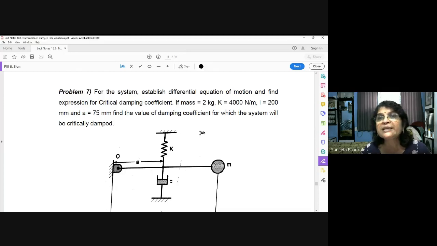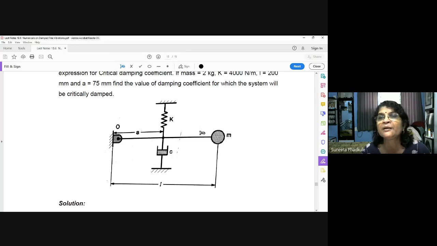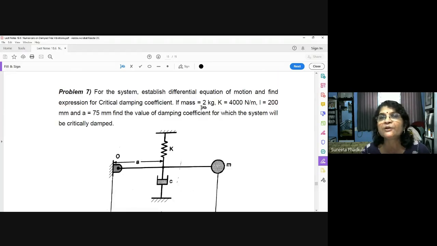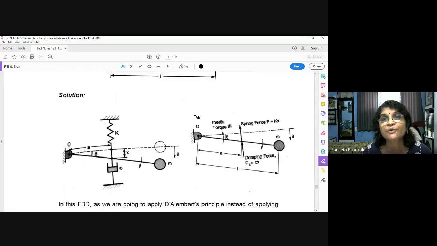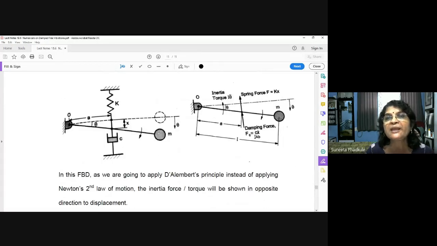Okay, so now see, K is directly given. I also you can find out. But how to find out C? That is our problem. See here, the free body diagram is given. This is the diagram shown in the displaced position. I always told you that in undamped free vibration, you have to always consider the displaced position to draw the free body diagram. This is the free body diagram and this is the displaced position diagram.